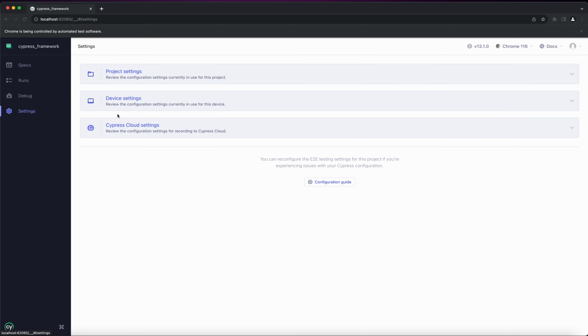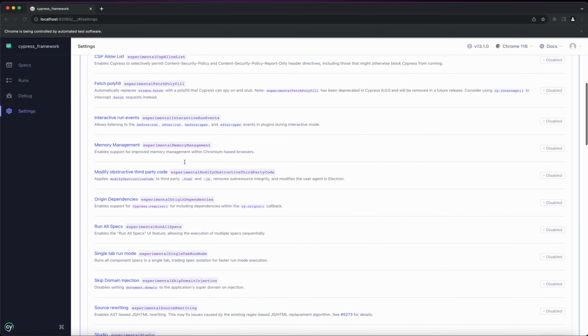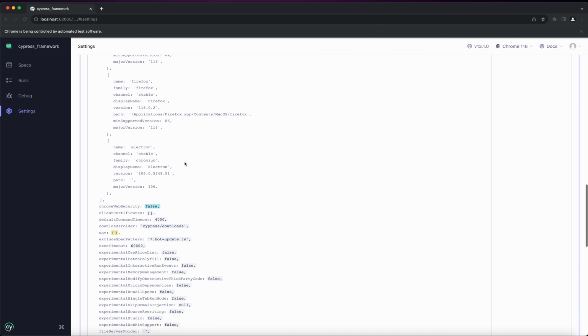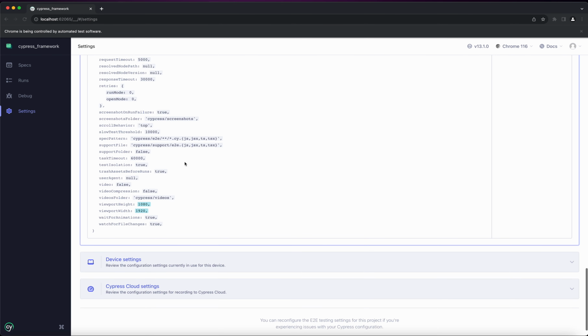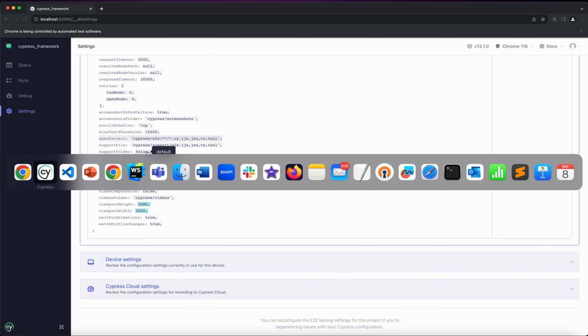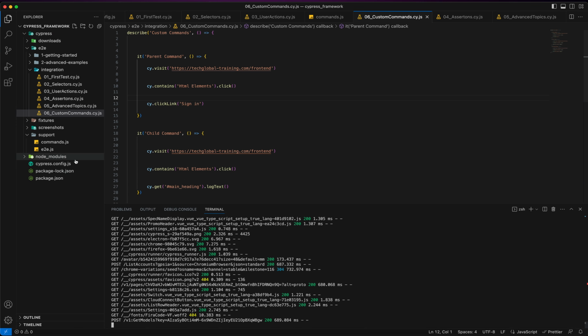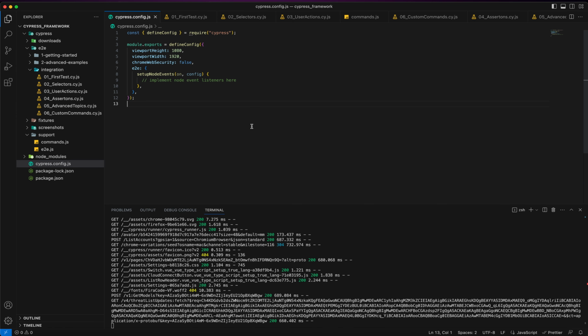So if you go to settings and project settings, there will be a location where we run our folders, right? This is the spec pattern. So if I take this one, and from the configuration, overwrite this option,